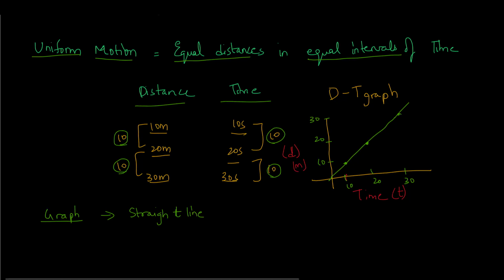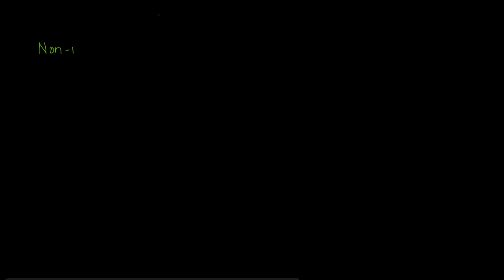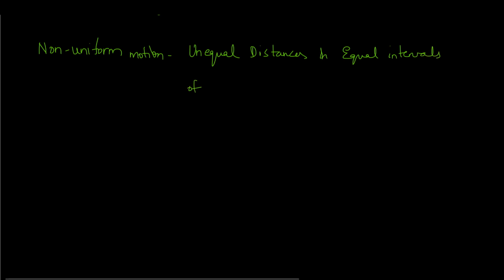Now let's see about non-uniform motion. If an object covers unequal distances in equal intervals of time, then we say that the motion is non-uniform motion. For example,